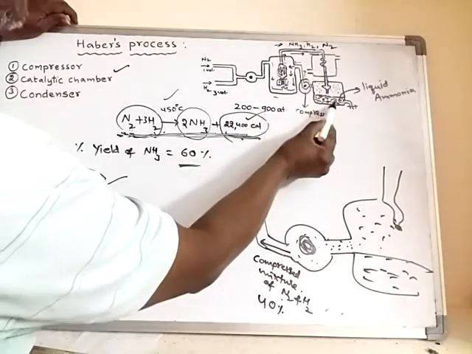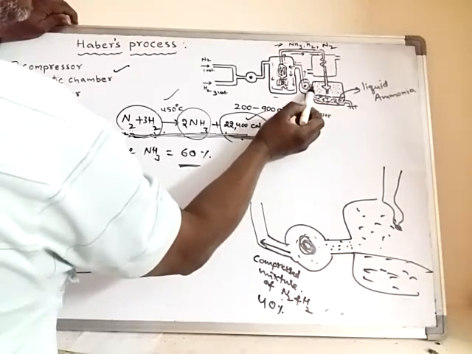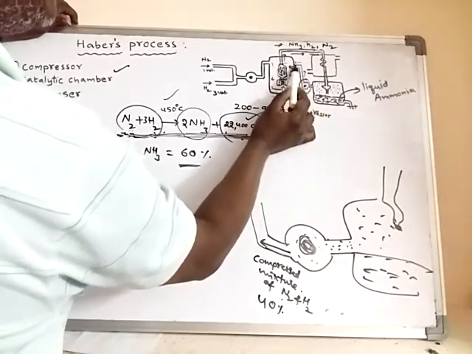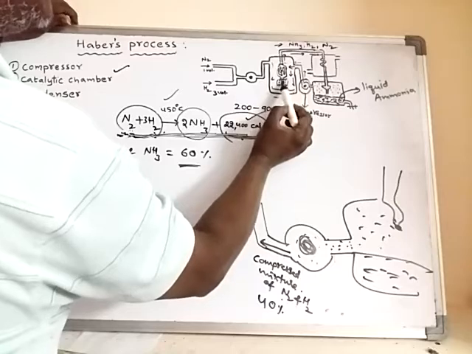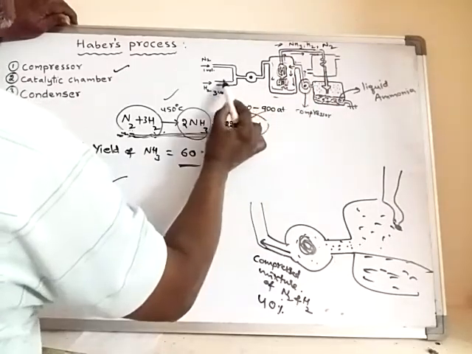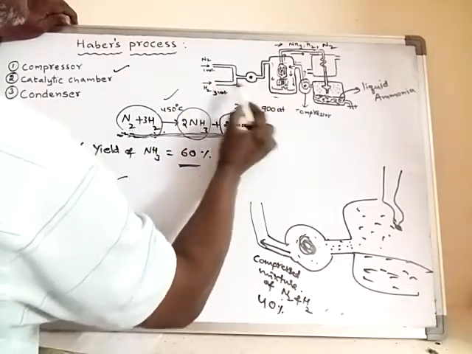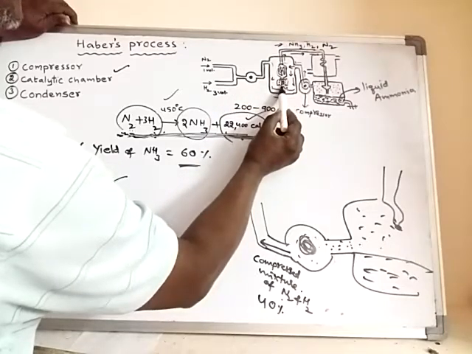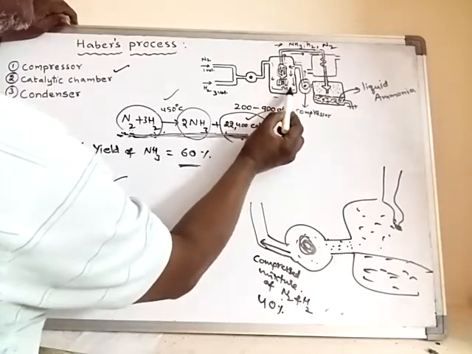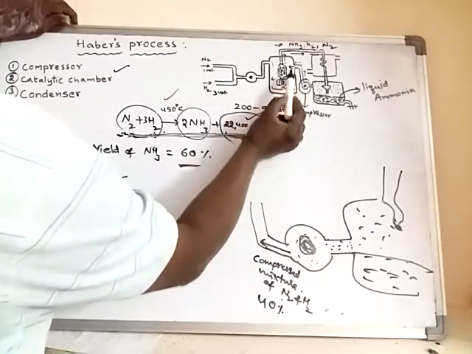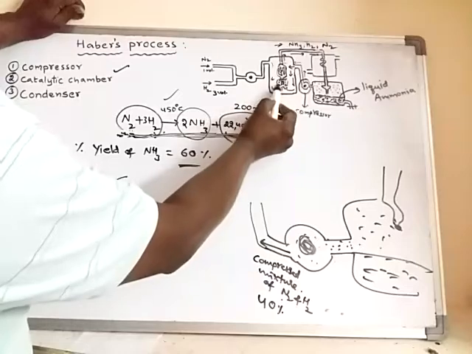Okay, and liquid ammonia is formed here, and the 40% mixture of nitrogen and hydrogen is recompressed, and again they will enter into this chamber, then into the catalytic pipe, and again the reaction takes place. And like this, meanwhile fresh nitrogen and hydrogen are coming through this area. So nitrogen and hydrogen mixture is coming through this pipe and even through this pipe continuously, and the reaction takes place at this area.